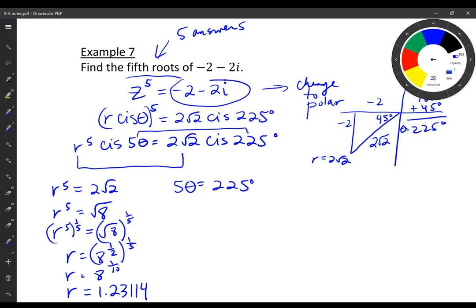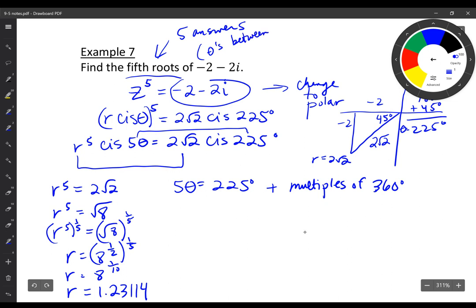But just like before, I have to remember that every time I go around the circle, we get answers that work, basically. So I'm going to write plus multiples of 360. And our angles are going to be between 0 and 360. And let's put degrees on those. So now I'm going to divide by 5. So theta is going to equal, let's see, 225 divided by 5 is 45 degrees, plus, and instead of multiples of 360, we're going to have